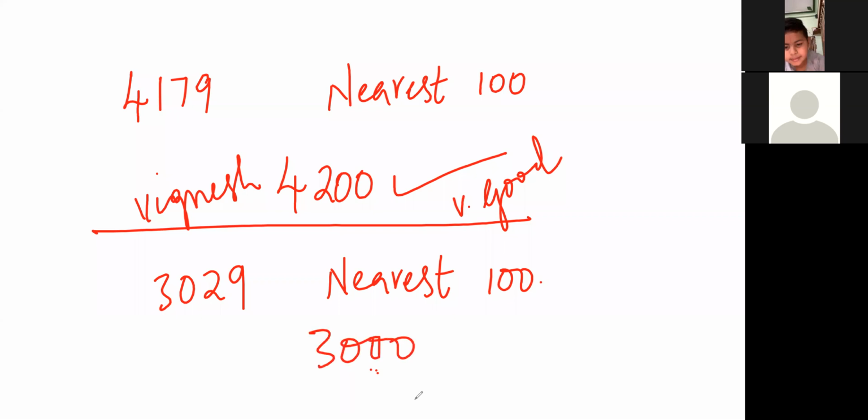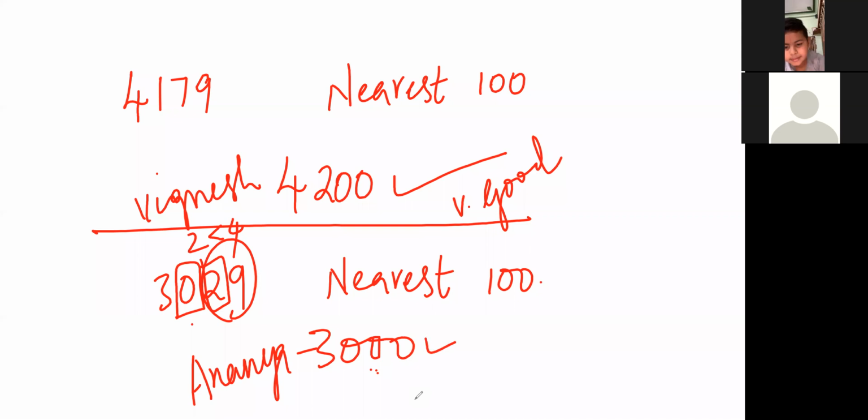See, actually, somebody may get confused by looking at this 0, but here no need of adding 1 to it. Why? Because it's 29, which is less than 40, or else you can check over the tens place number 2, which is less than 4, right? So no need of adding 1 to it. It's 3,000. Good. Next, one more number.